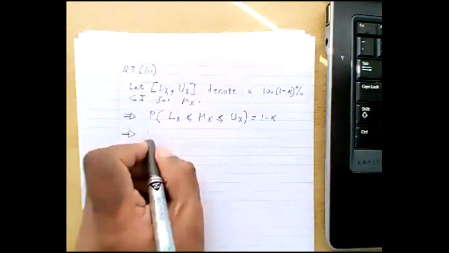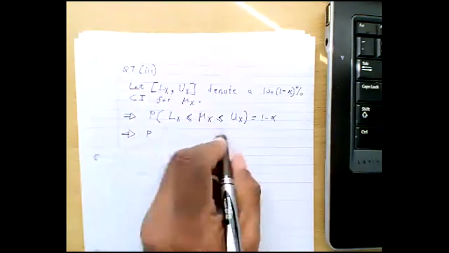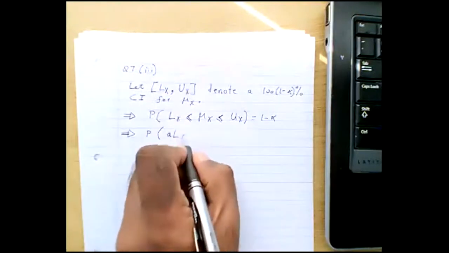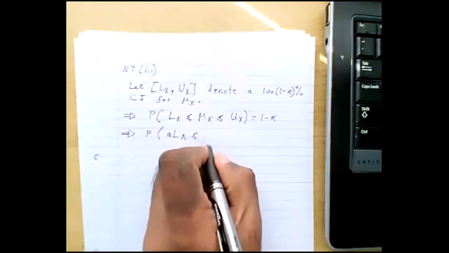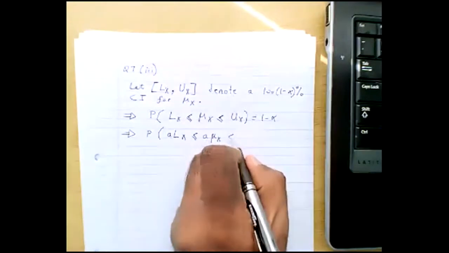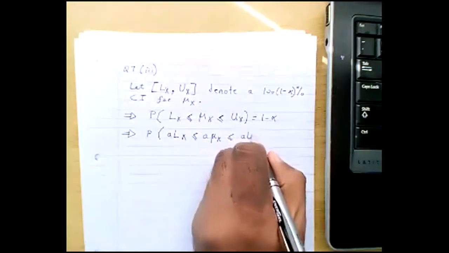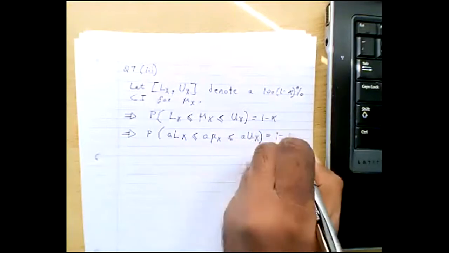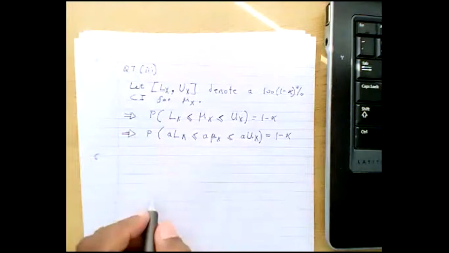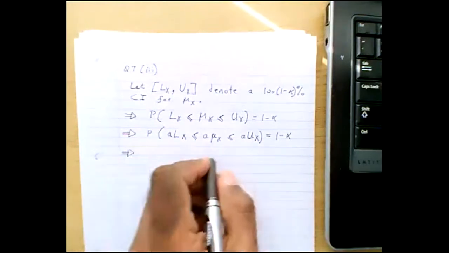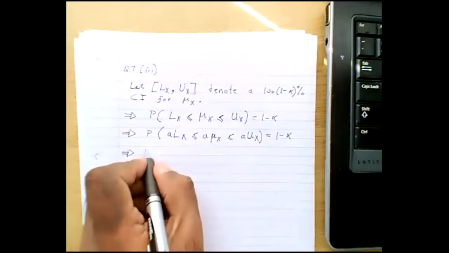Right, this means that, okay, what I'm going to do now is I'm going to multiply everything within the brackets by a. So you get a times lx less than or equal to a times mu, this is mu x, less than or equal to a times ux is equal to 1 minus alpha. Okay. And the next thing I'm going to do is I'm going to add b to each of these terms. So this is going to be